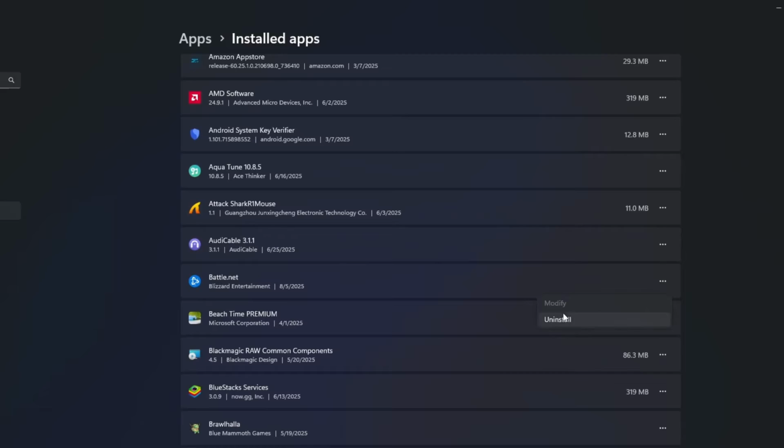If you have a modify or repair option, click it. This will start a process where the launcher checks its own files, looks for anything missing or broken, and replaces or repairs them. If the modify option is not available for you, then you should completely uninstall Battle.net and reinstall